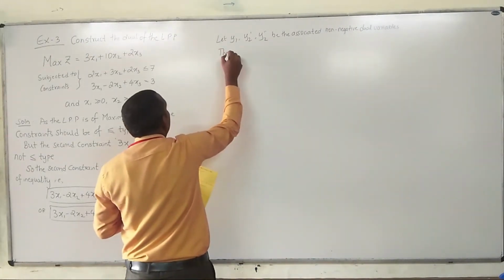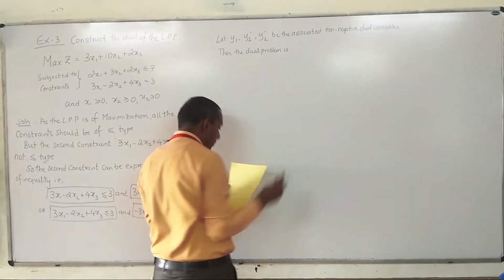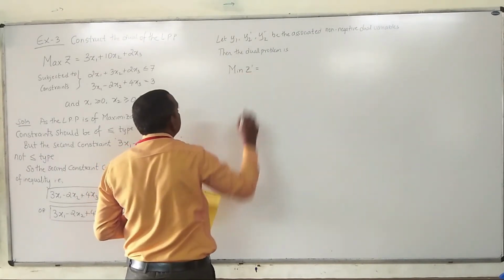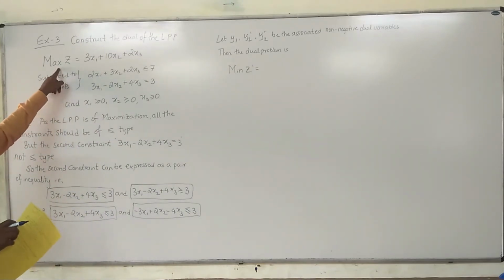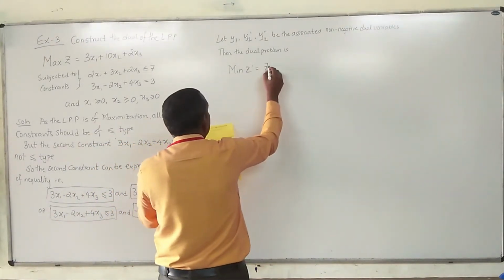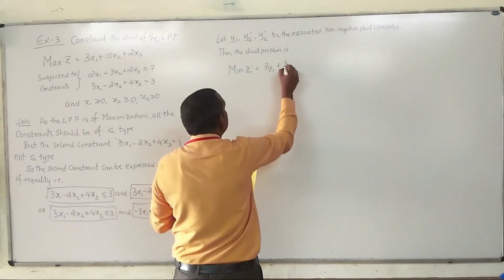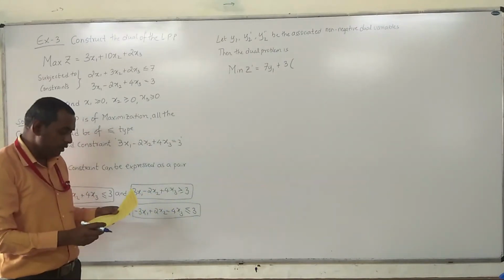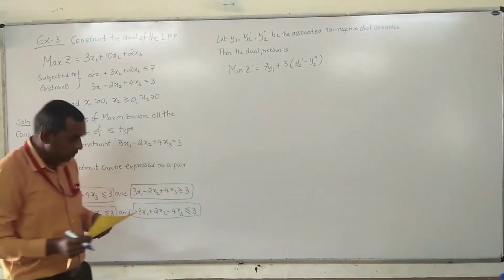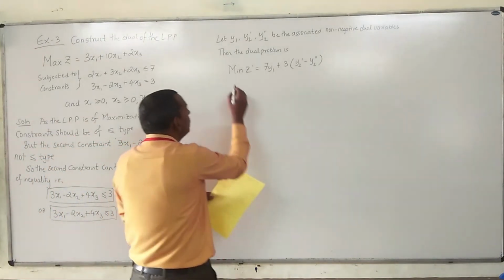Then the dual problem is, since the primal is max, the dual becomes min. Min z dash is equal to 7y1 plus 3 into y2 dash minus y2 double dash,